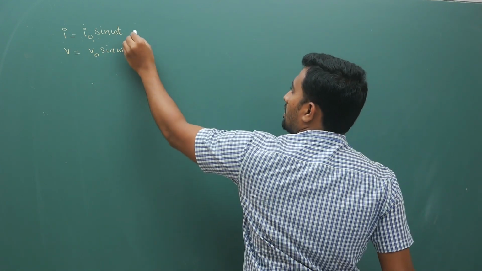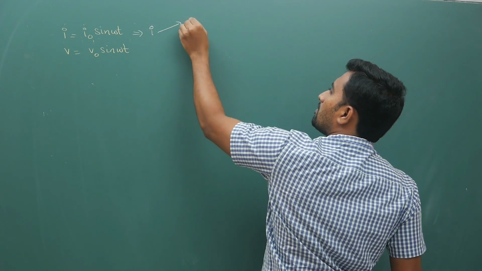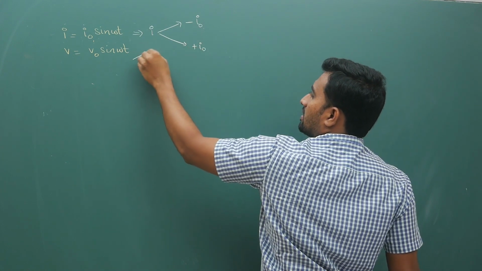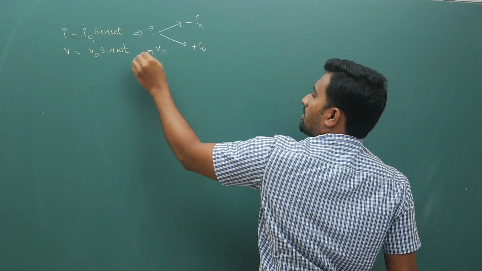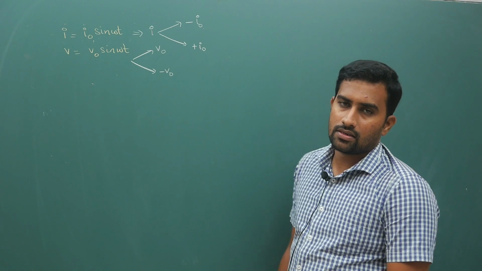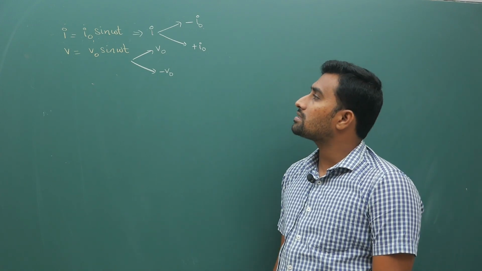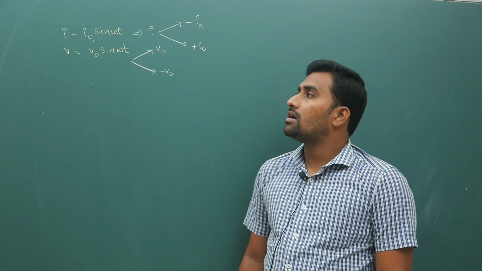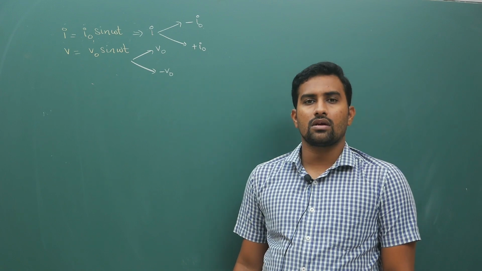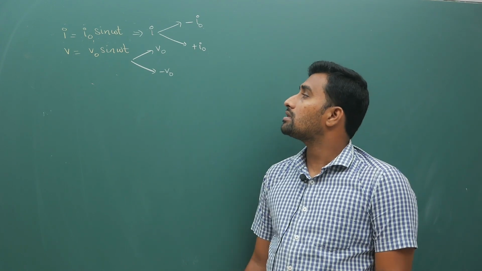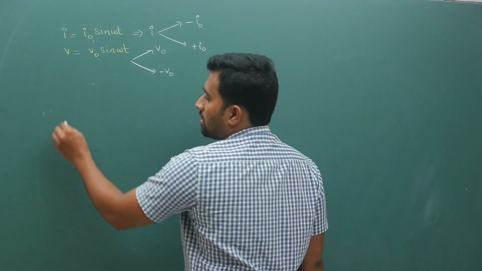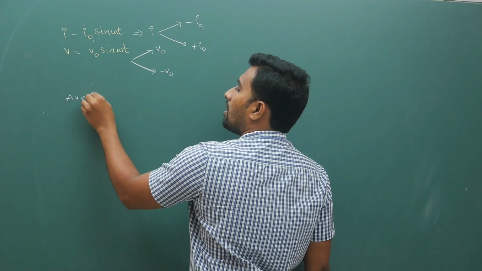Then your current I varies from minus I naught to plus I naught, and your voltage varies from plus V naught to minus V naught, and we cannot give a fixed value to the current or voltage because it is continuously changing. So we need to come up with some kind of solution to this. You cannot say the voltage can have any value between minus 220 to plus 220. So to overcome this problem, we are defining your average value